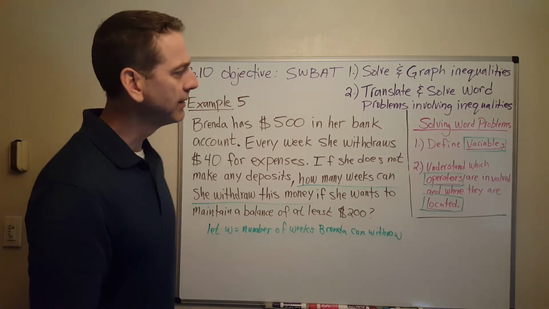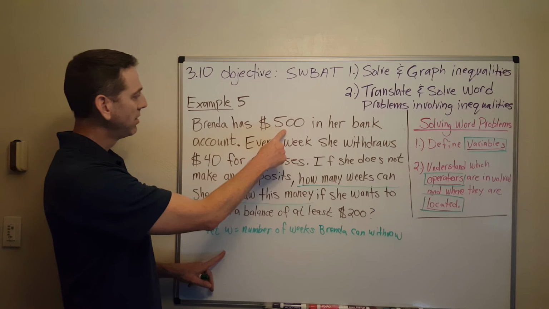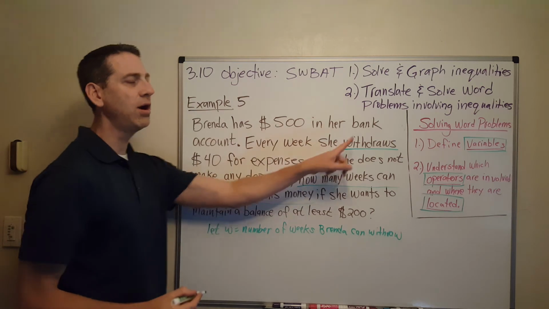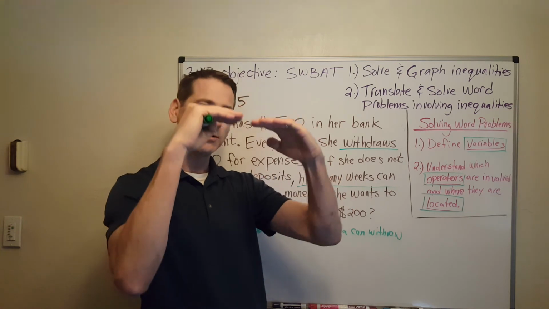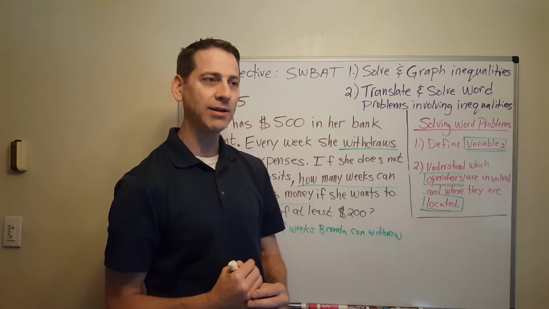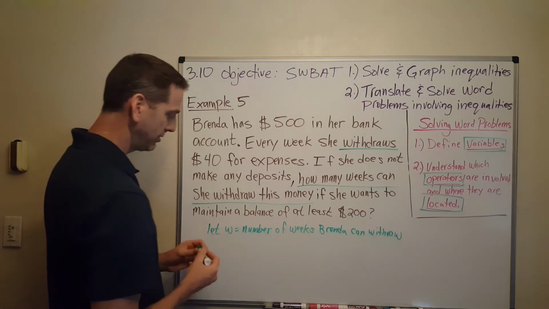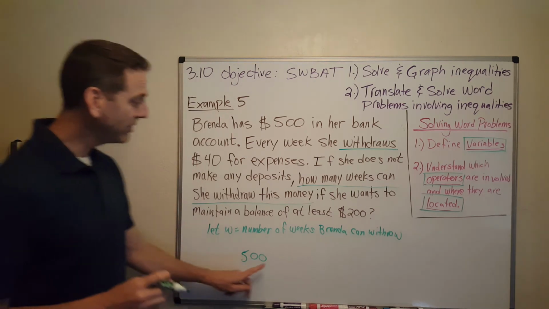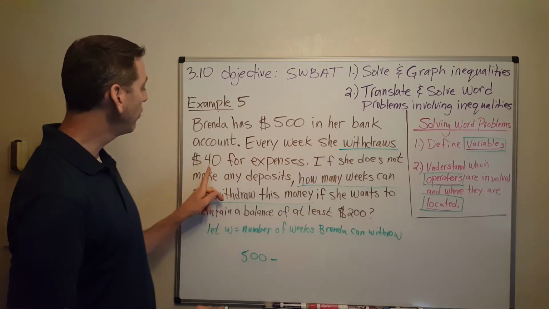All right. Well, welcome back. Let's take a look here. So she's got $500 in her bank. And she's withdrawing $40. Withdrawal, what does that mean? That means she's taking money out of her bank account, which means her bank account is getting smaller and smaller and smaller, right? Well, is that adding, subtracting, multiplying, or dividing? That's subtracting, right? So she starts with $500. But then she has to subtract. She has to subtract what? $40